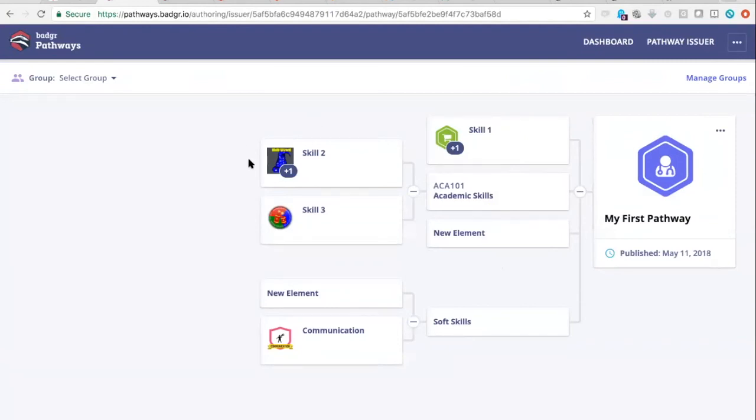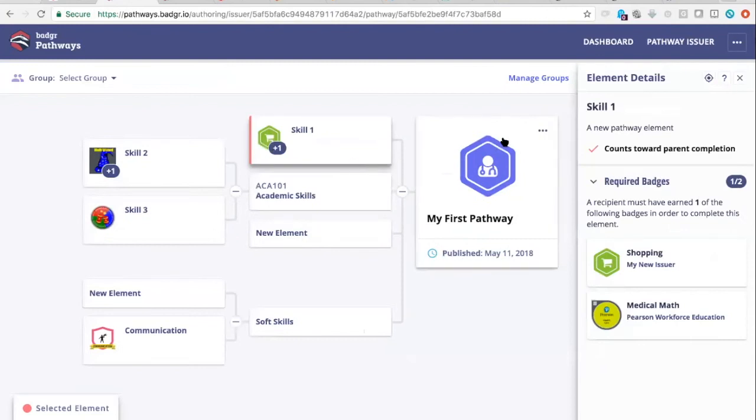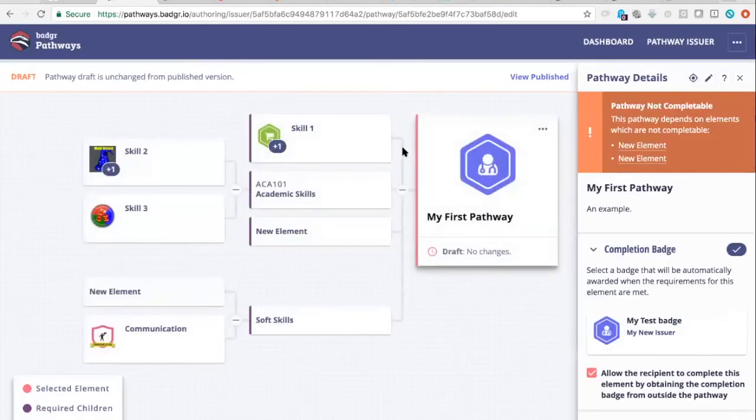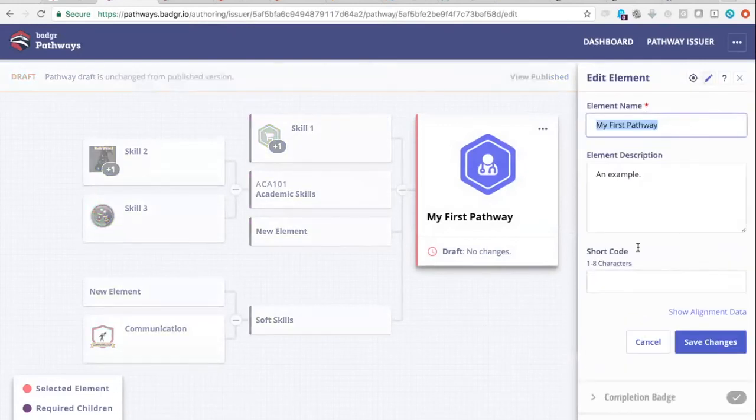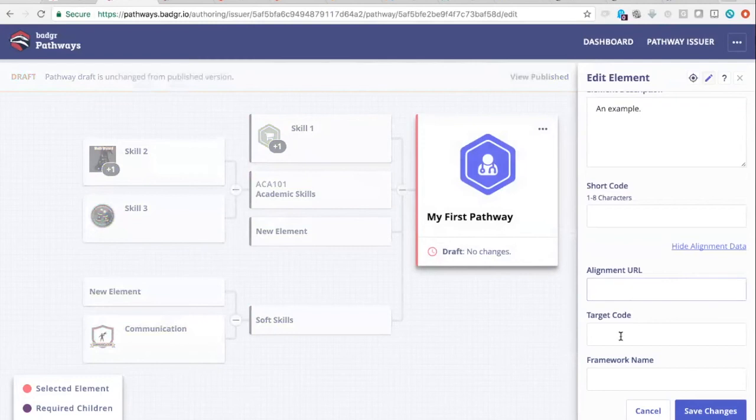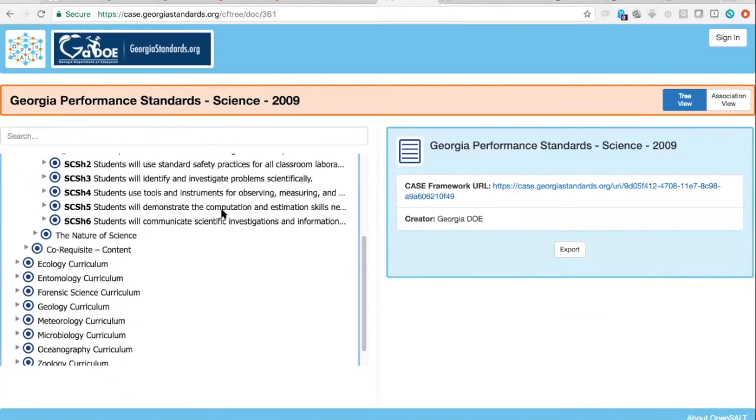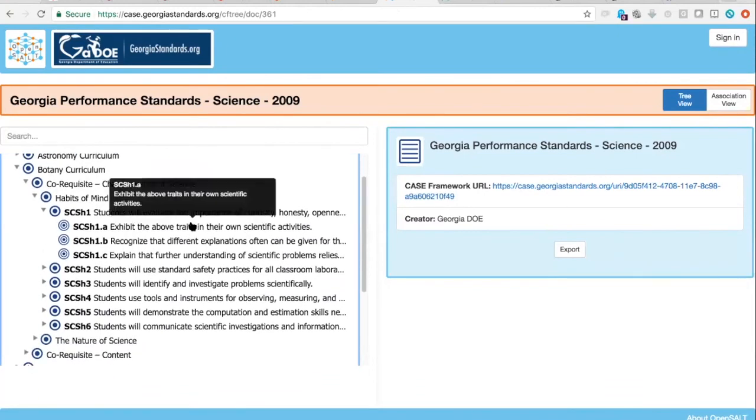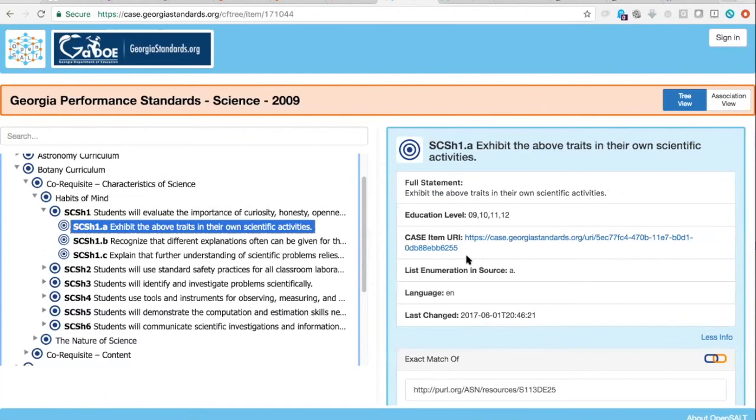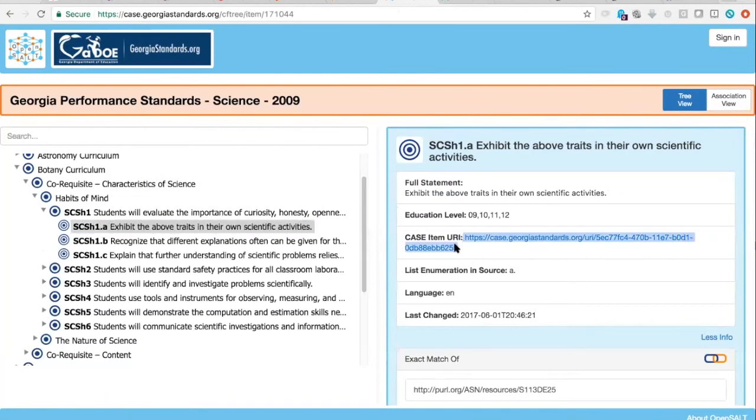Since it seems like we do have a little bit more time, let's talk just briefly about competencies. Here, for every element, when we are in editing mode, you can get to information about this element. You can see an alignment URL, target code, and framework name, which you can use to grab information from a competency framework, such as CASE. Here you can see a tool called OpenSALT, which is an open source system for visualizing competencies in the CASE framework. And you can see that every element of this tree has a URI, which is a unique address